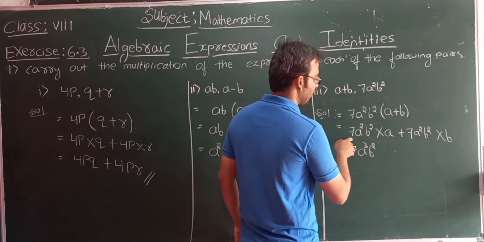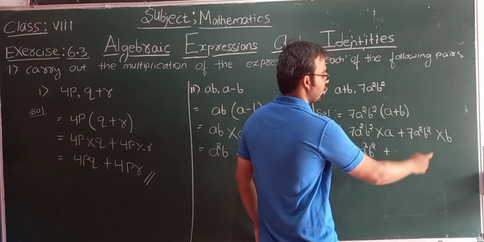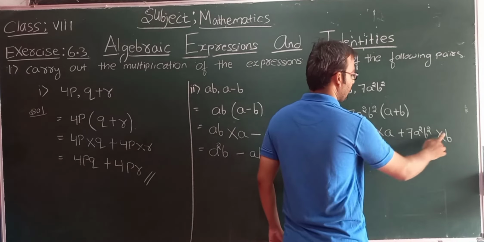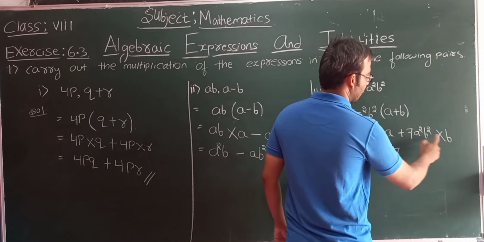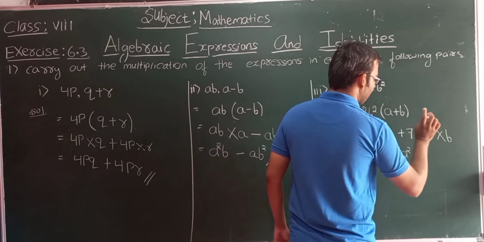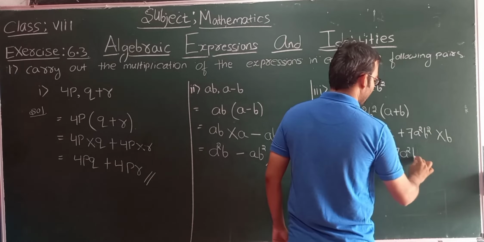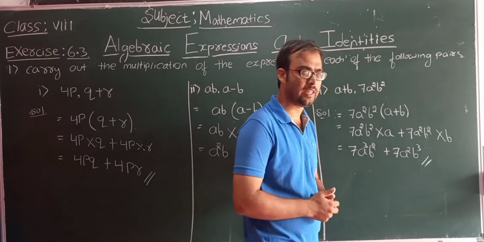So now we have multiplied this. Next here plus is there, so write plus. Okay. So here nothing is there, means 1 will be there. So 7 ones are 7. Over here a square is there. Here there is no a square, so write a square. Here b square is there. So here b is there. So b square into b is what? b to the power 3 or b cube. Okay. So this is the solution for the third problem.